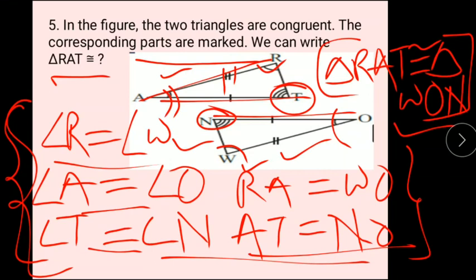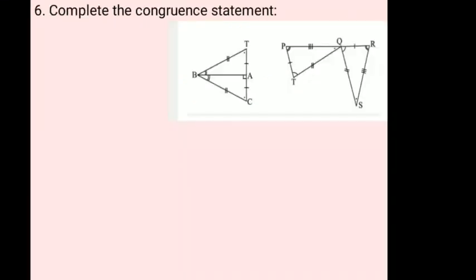Okay, in our question number 4 we said that the AAA, that is angle, criterion is not there, but if sides are mentioned, if they are saying that the sides are also equal, then we can say the two triangles are congruent. But if only the angles are given and no sides are mentioned, then we cannot say that the triangles are congruent, because those criteria we have not studied here.